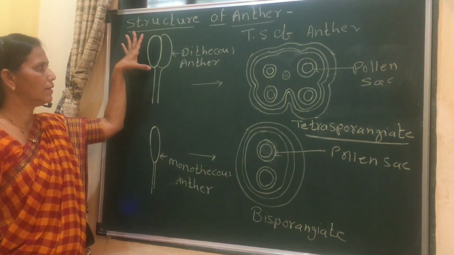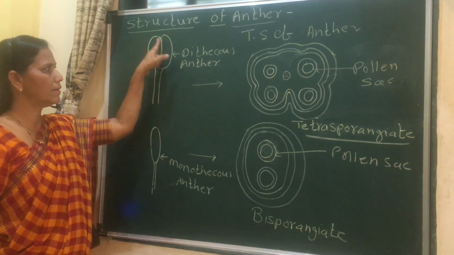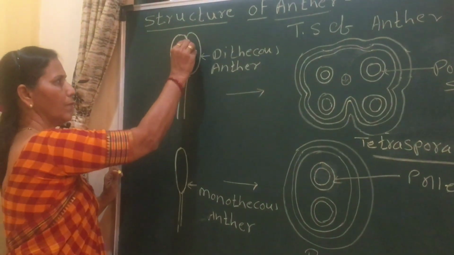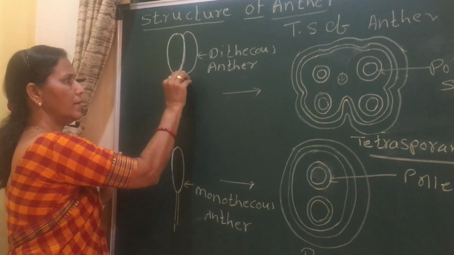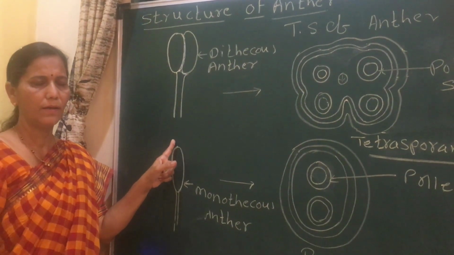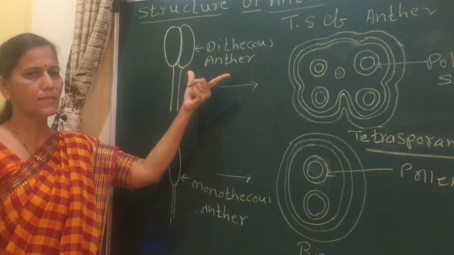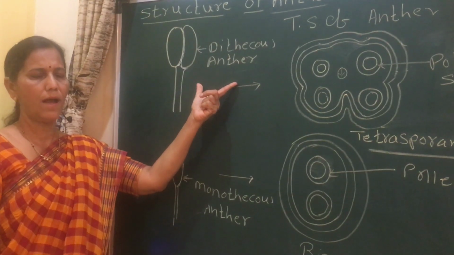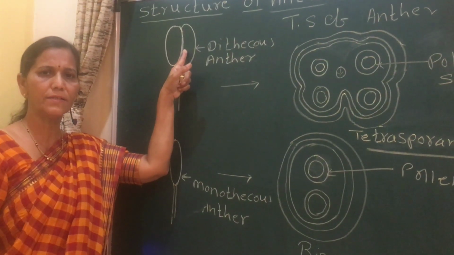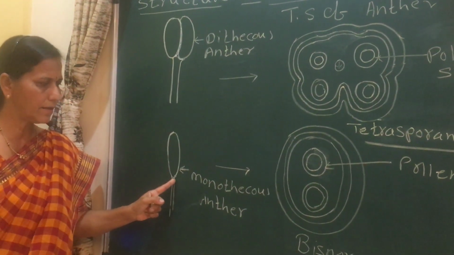Here, stamen consists of anther, filament, and this is the connective. Anther, filament and connective, these are the parts of stamen. Here, diathecous anther means anther with two anther lobes, and anther with a single anther lobe is